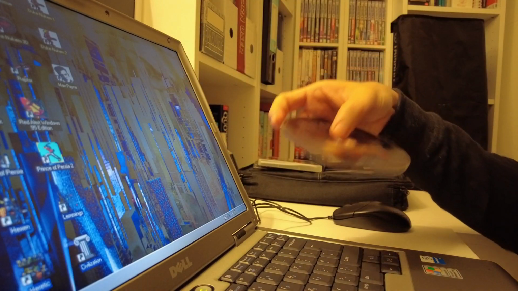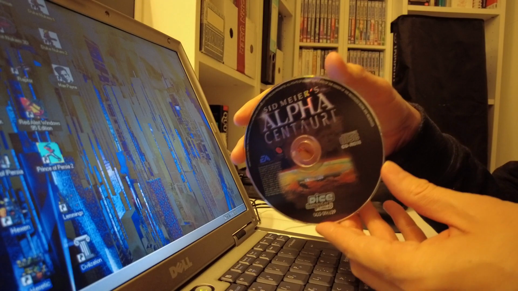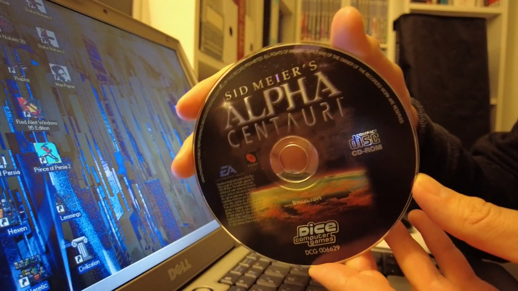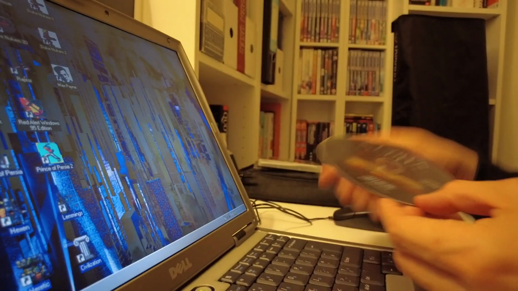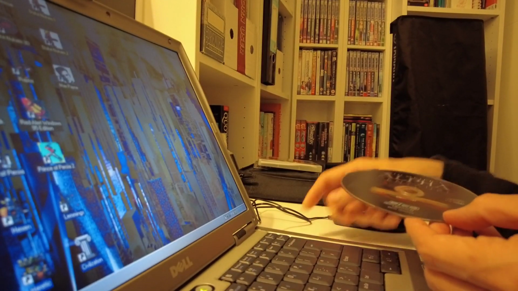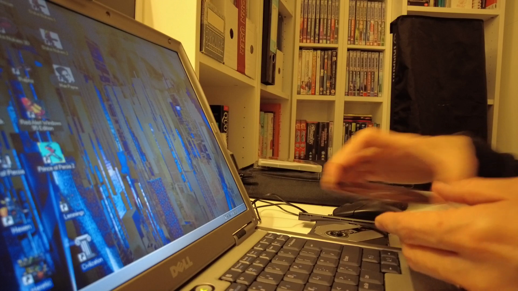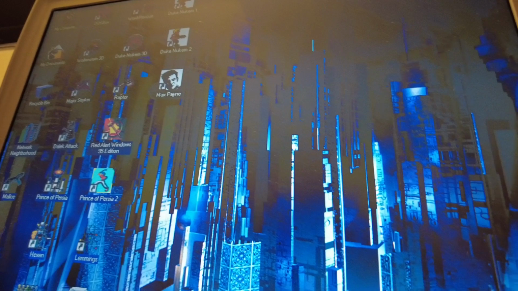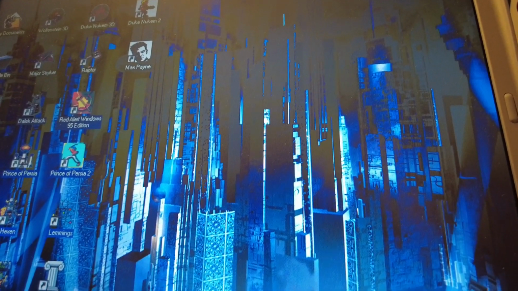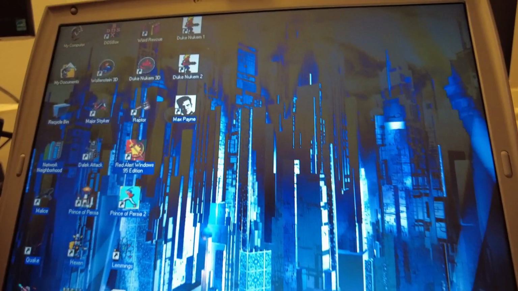There we go. Alright, and we're going to pop it into my trusty Windows 98 laptop, but just take a moment to admire the glossy new CD there. Okay, here we go. Pop it in. Now I should have the auto load enabled, so it should fire up the installer straight away. Now, this is a game that was written specifically for Windows 95 and 98, so shouldn't have any compatibility issues